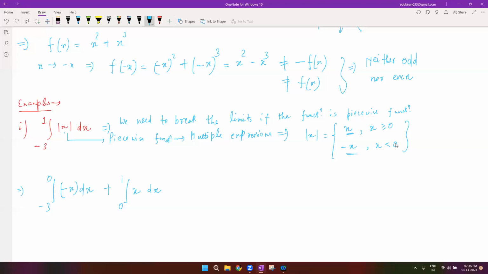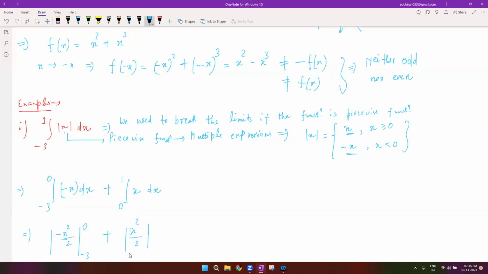Now we need to first define this function mod x, then we will be able to know where to break it. We know that for all the negative values, this function is minus x, and for all the positive values, this function is x. So we have broken the limits as minus 3 to 0 and 0 to 1. So now you will get your answer. This is minus of x square by 2 from minus 3 to 0, plus x square by 2 from 0 to 1,